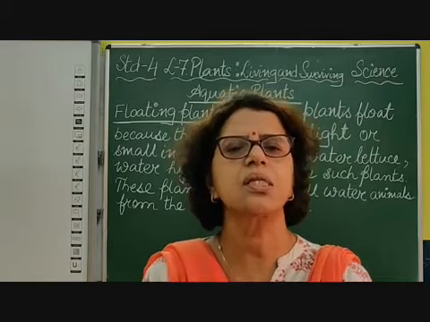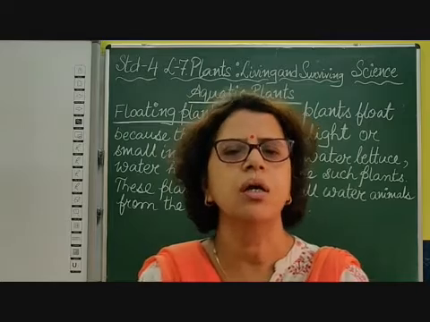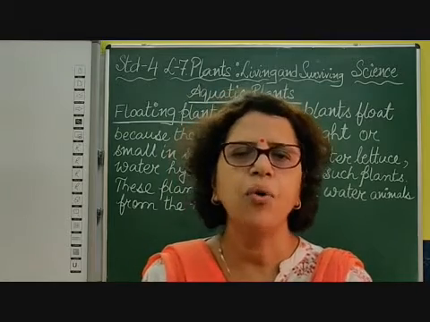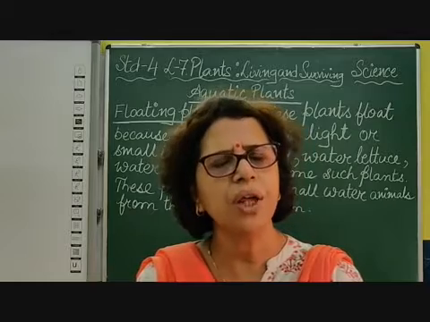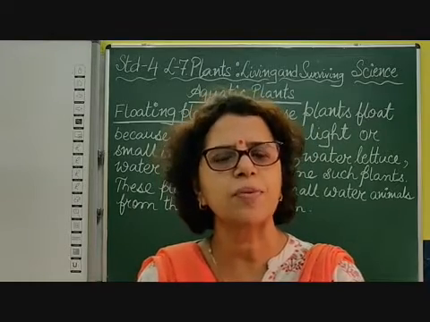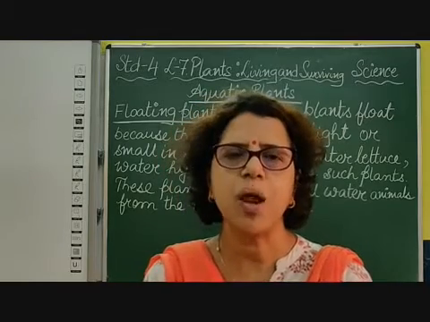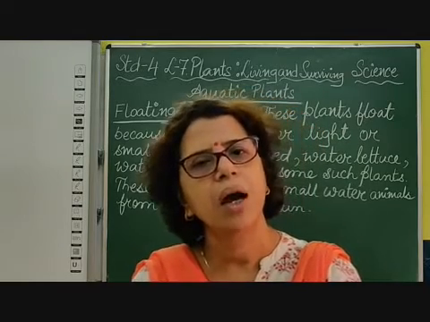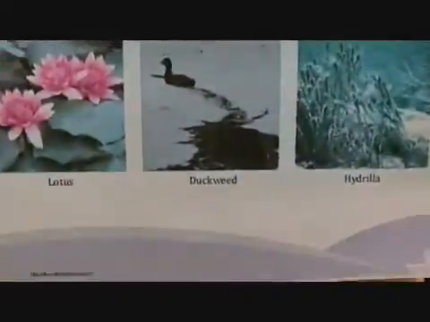As we discussed in the earlier module, plants that grow and live in water are called aquatic plants, and there are three categories or types of aquatic plants: floating plants, fixed plants and underwater plants. So, water plants, I will just show you, or aquatic plants.